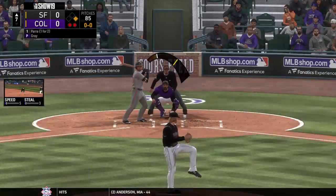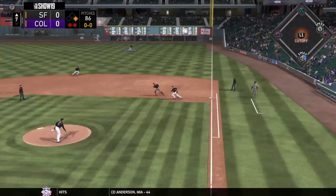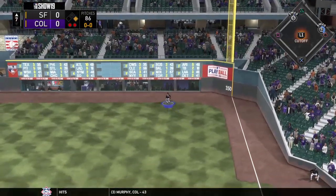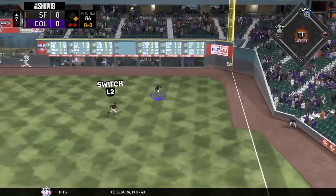So the lineup flips over, and digging in, Gerardo Parra. He got on top of one and was a ground out victim last time. But it bangs off the out-of-town scoreboard. Holland